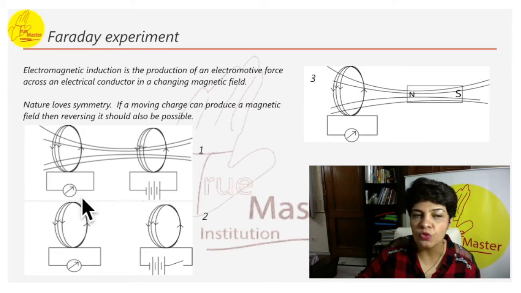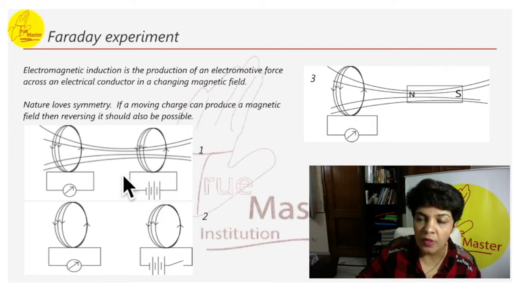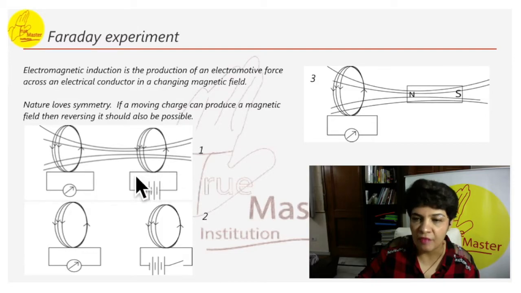Galvanometer is a device used to measure if there is current. Here you can notice this particular coil is not attached to any battery. So if it is not attached to any battery, the galvanometer will not show any current. But in parallel to this we have another coil which is connected to a battery. When we move this forward or backward, that produces a change in flux, which you can see by these magnetic lines. The change in flux is going to cause current in this particular coil, and there will be deflection in the galvanometer.